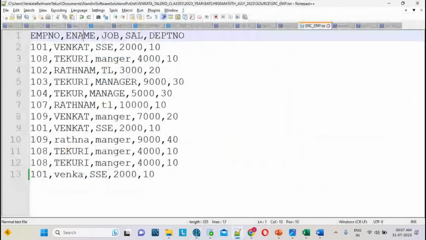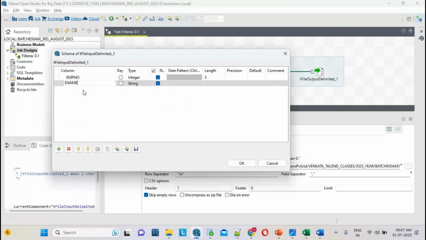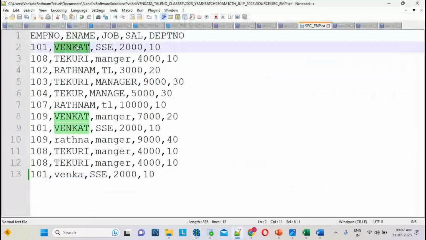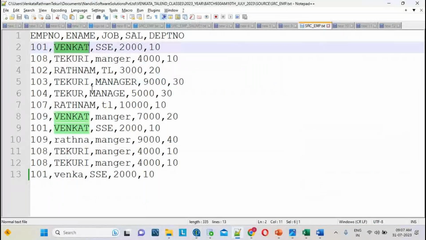My customer is saying it is employee name. Let me copy the employee name column and add the plus symbol. My customer is saying that employee name comes as characters. Characters means we have to use the string data type in Talend. What data type do I have to use? String data type. Then I have to give the length. See, it occupies some memory, right?